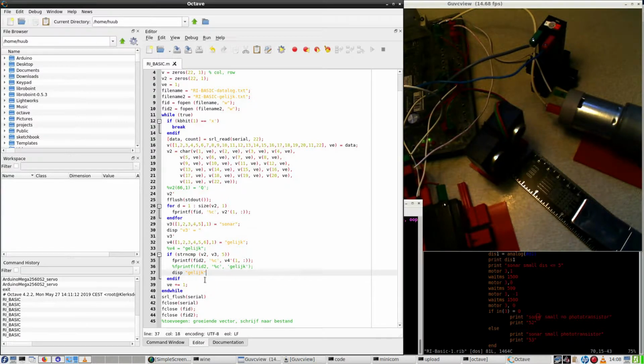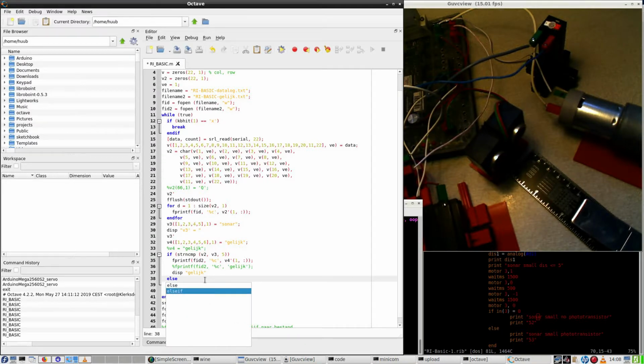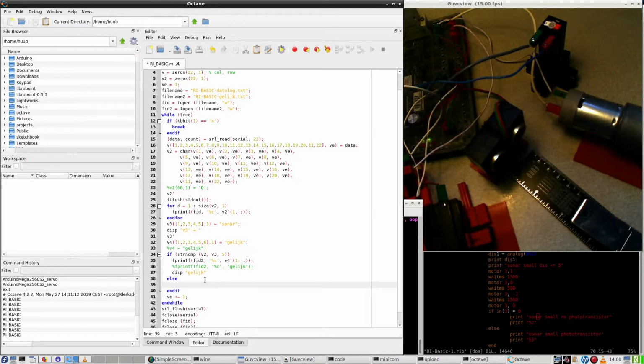So else if, else, fprintf fid 2, well, %c,